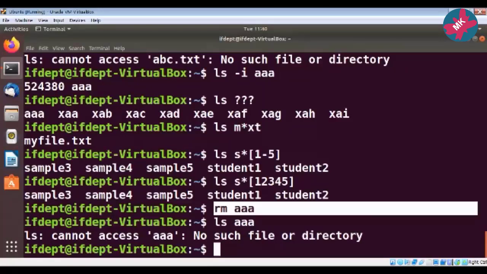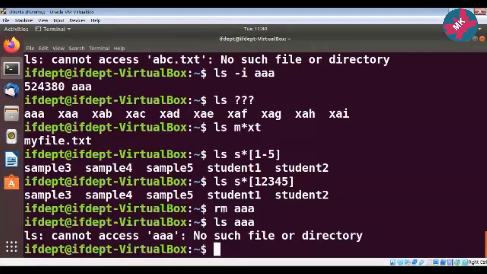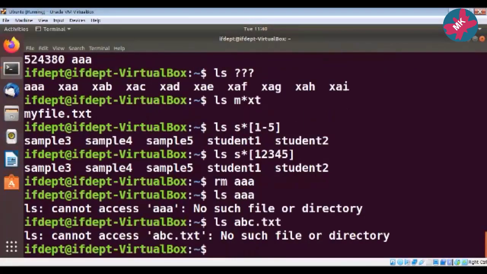I'll show you one more command, the mv command. Let us check whether we have an abc.txt file. Okay, it is not there. Now we have the sample1 file, which we have just created.